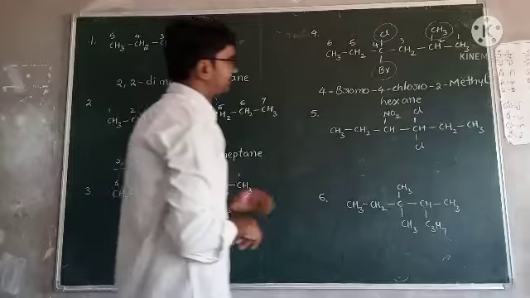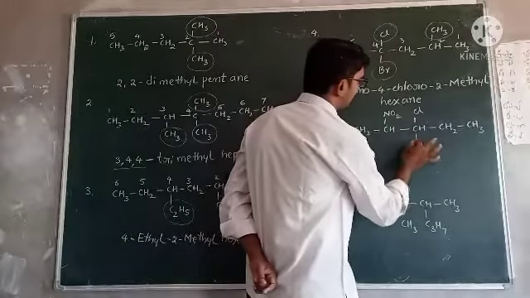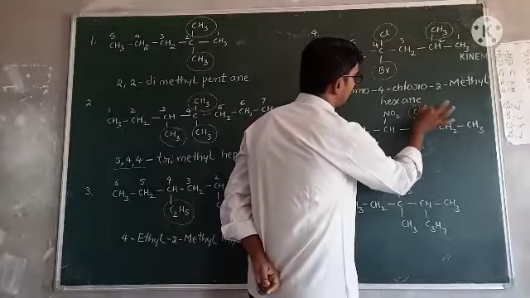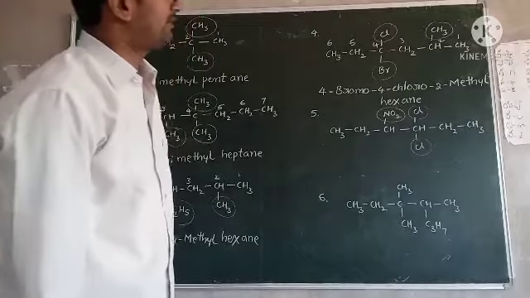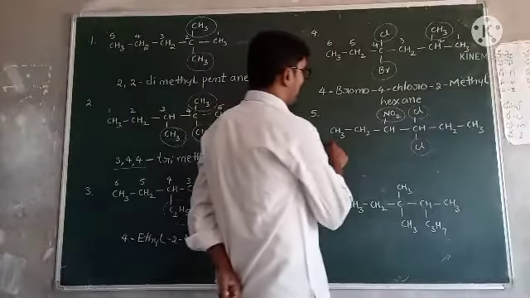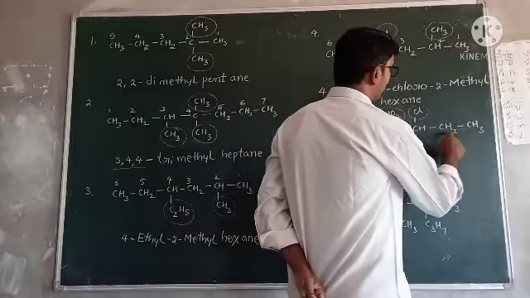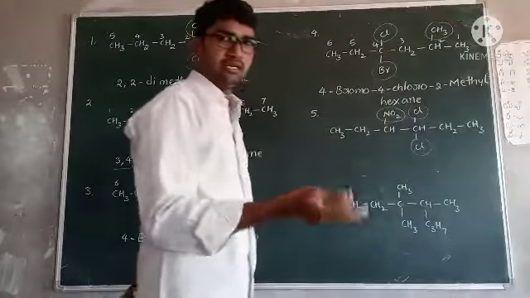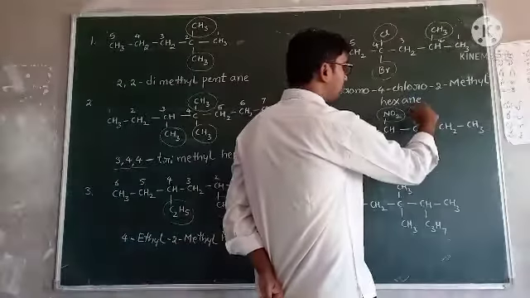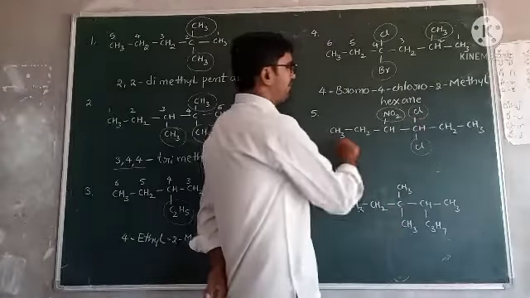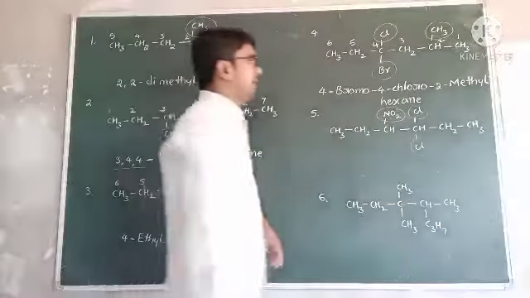Come to the next one. Fifth one. Here also only substitutions are present. This is one substitution. This is another substitution. This is another substitution. Right. Now give the numbering. From this side 1, 2, 3. A third position substitution is attached. From this side 1, 2, 3. Here also from the third side. At the third position substitutions are attached. But from this side 2 substitutions are attached. From this side only one substitution is attached.